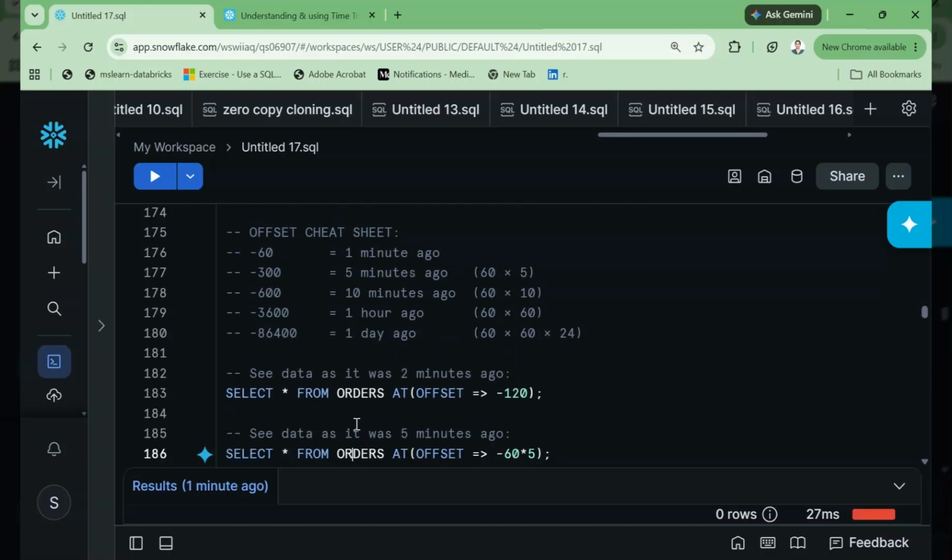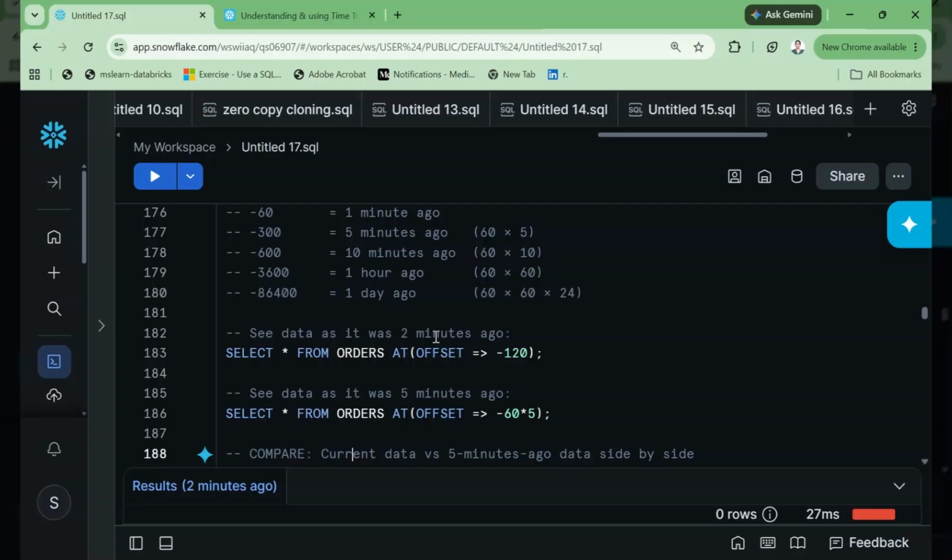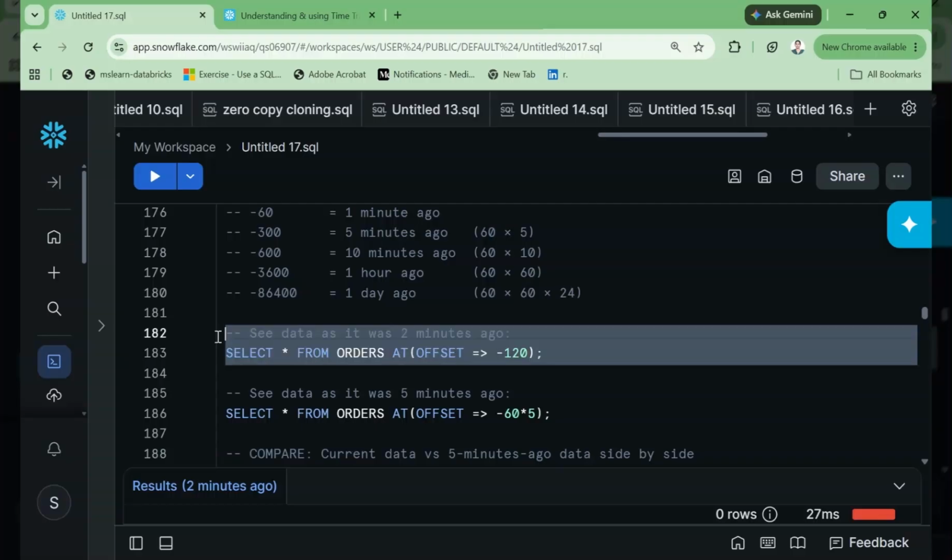Basic calculations, right? Here I wanted to see 2 minutes back how my data looks like. How do I have to write it? Select star from orders at offset minus